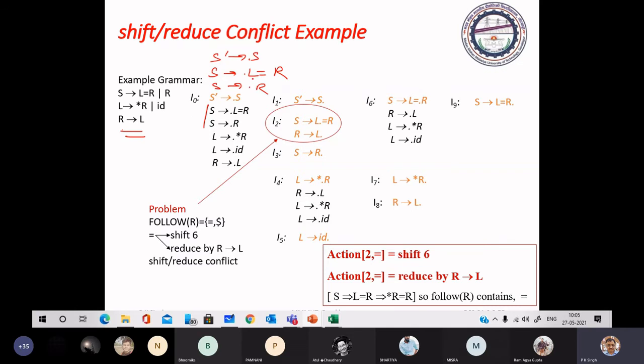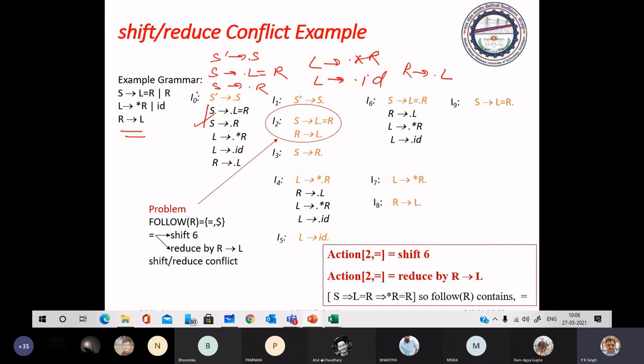And due to dot L, you can add these two items, L to dot asterisk R or L to dot ID. And due to dot R, you can add this as a closure item, R to dot L. So it will become item set I0.